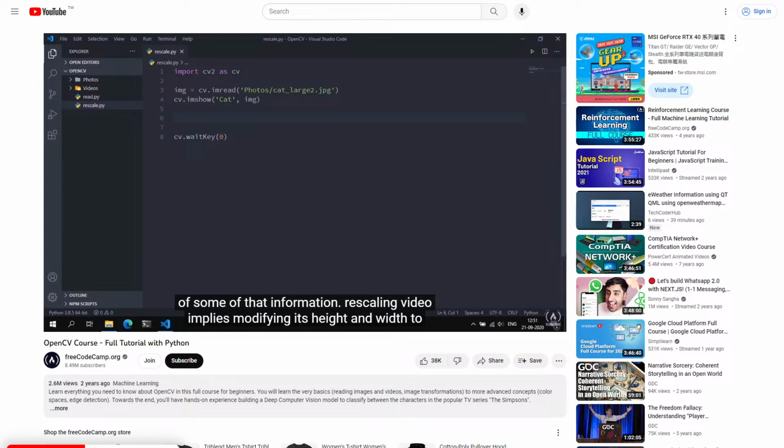Rescaling a video implies modifying its height and width to a particular height and width. Generally, it's always best practice to downscale, or change the width and height of your video files, to a smaller value than the original dimensions. The reason for this is that most cameras, your webcam included, do not support going higher than their maximum capability. So for example, if your camera shoots in 720p, chances are it's not going to be able to shoot in 1080p or higher. So to rescale a video frame or an image, we can create a function called